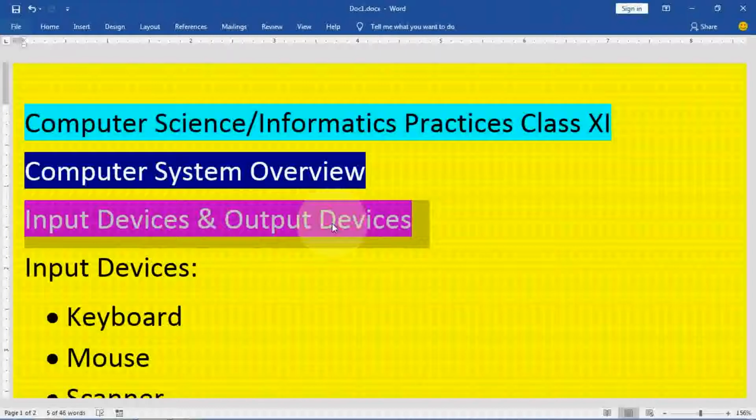The output we can receive in three formats. One is on screen, that is soft copy. Second is off screen, that is on page, that is hard copy. And third is on air. If you are listening to a song or watching something and the sound is coming through the air, that is called on air. So these three types of outputs are generated by the computer.